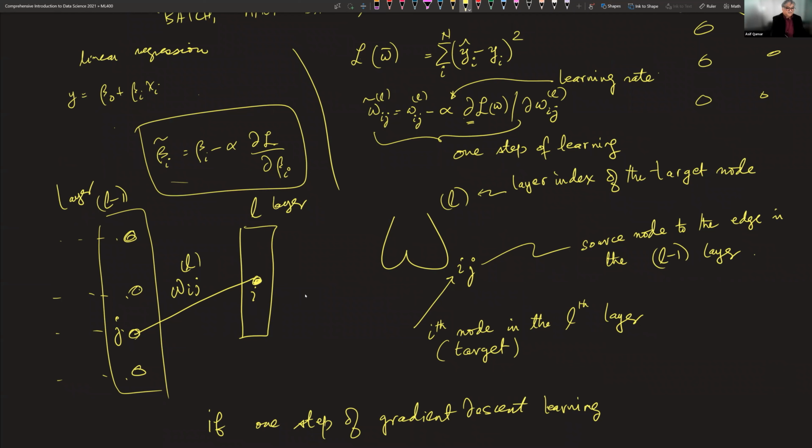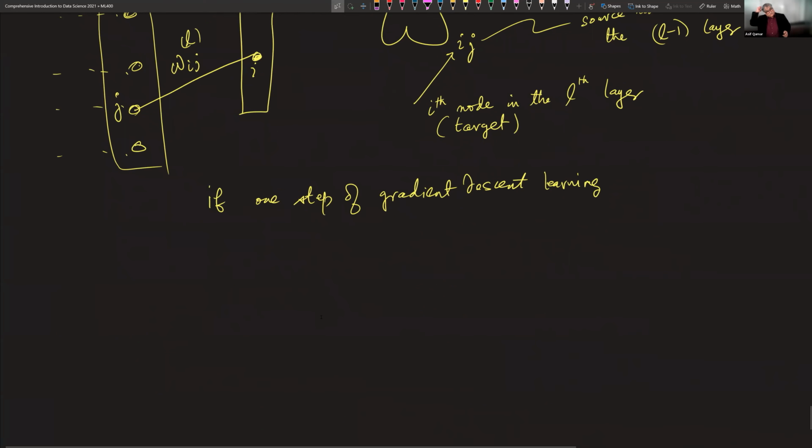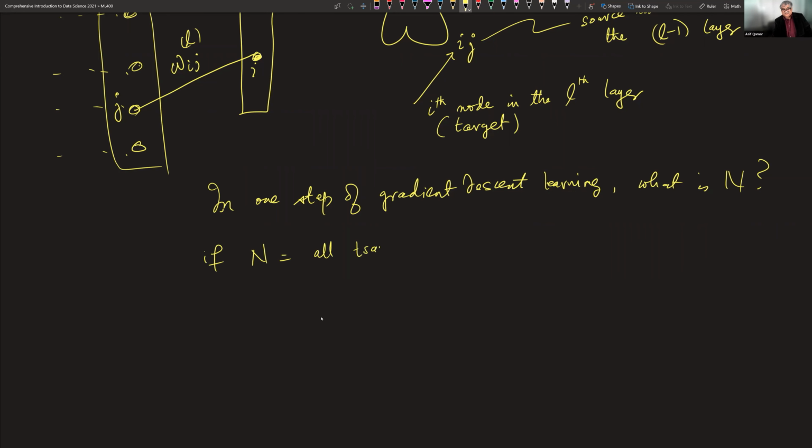And by learning, we mean this step, updating the parameters. This is the heart of learning. This is the learning step in machine learning. So when you take one step of gradient descent learning, what is n? In one step of learning, what is n? If n is equal to all training points, training instances,